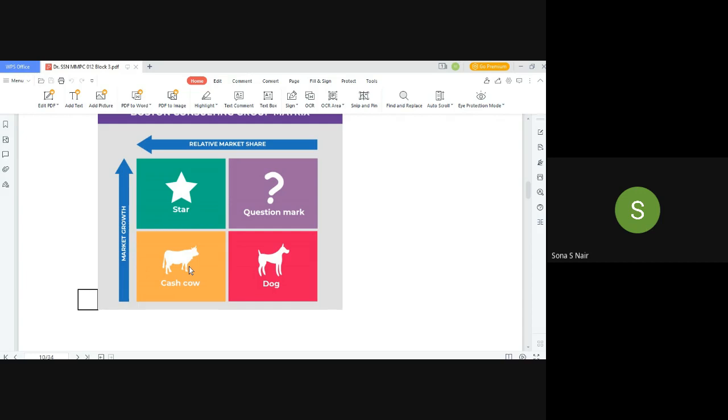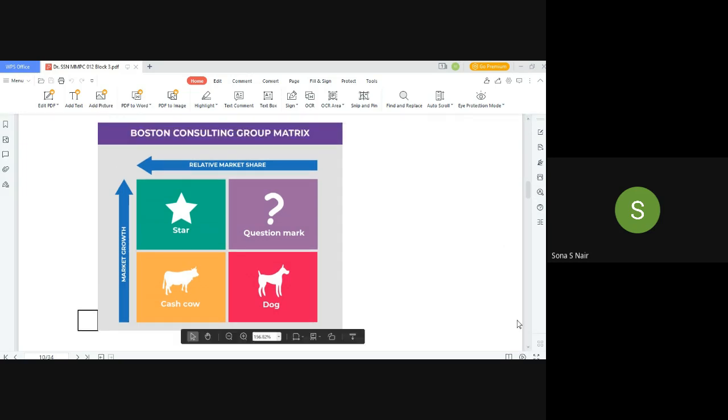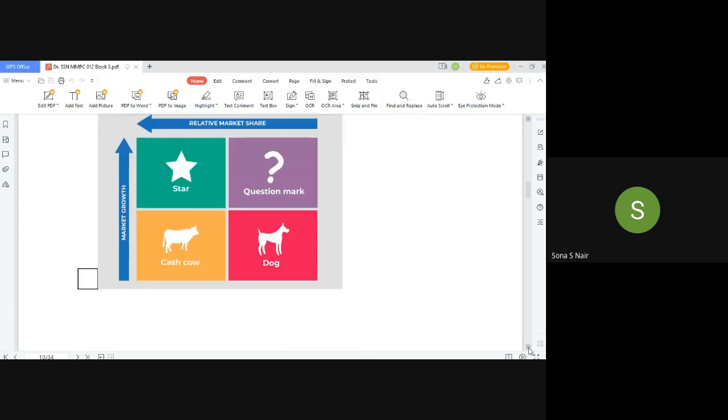Over a long period of time, cash cows can come to the last quadrant where they lose their market share and the market is also not growing. So firms which are in the last quadrant need to be divested possibly, or they need to be totally finished off, retrenched, divested and liquidated. So it all depends on what the company wants to do. But the GE matrix is one matrix which will help us decide to some extent where our businesses stand and what is to be done for these different businesses.